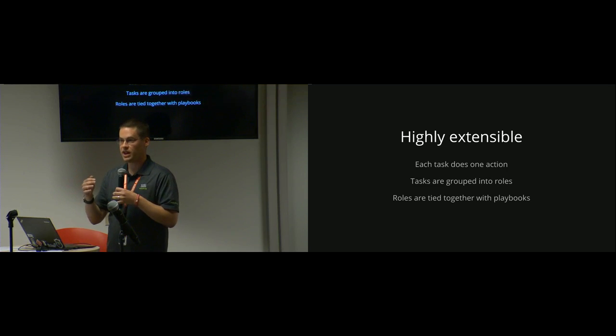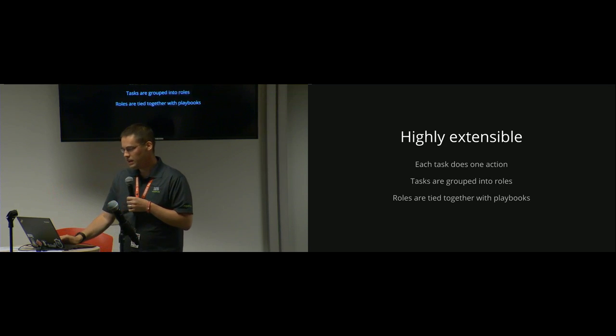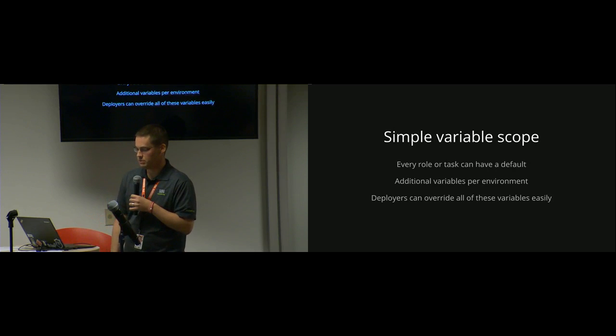And then in there you would say, hey, go do the Apache role, then go do MySQL, and then when that's all done, do the role for WordPress. And so in all these roles, you might have things you want to change, like where you want WordPress installed, how you want the database configured. And that's where Ansible's variable scope comes into play.